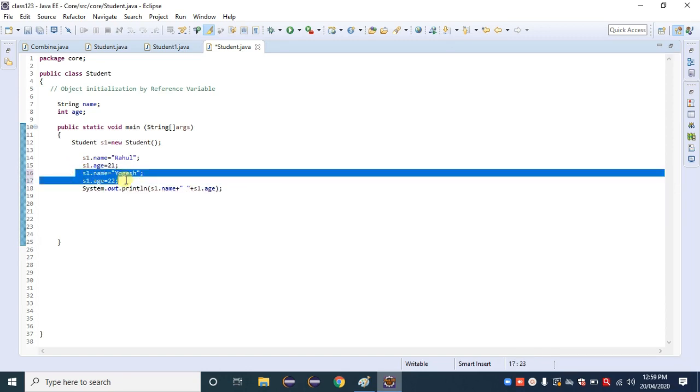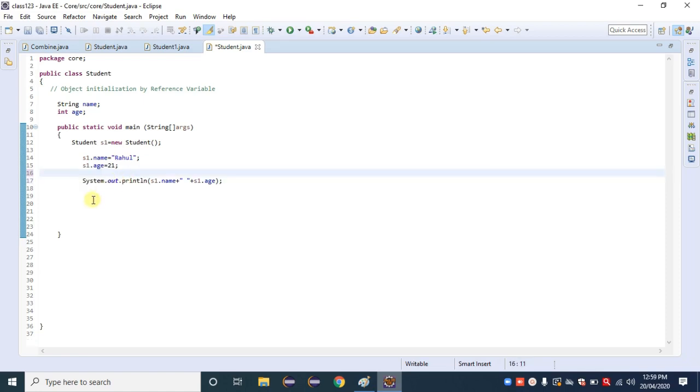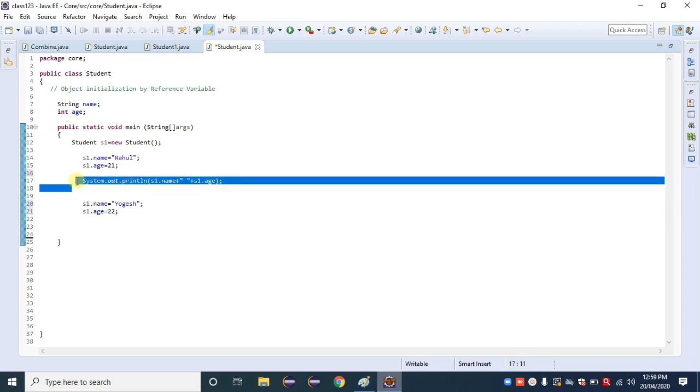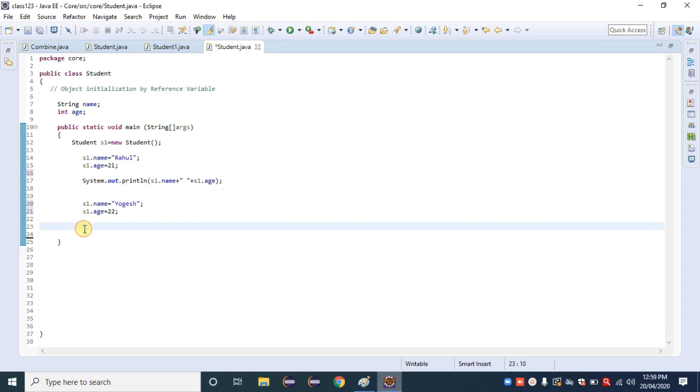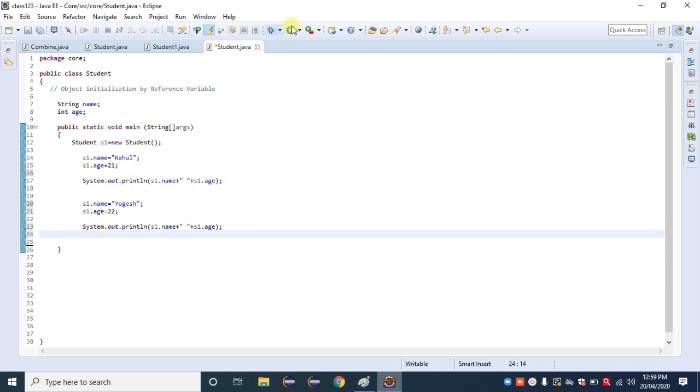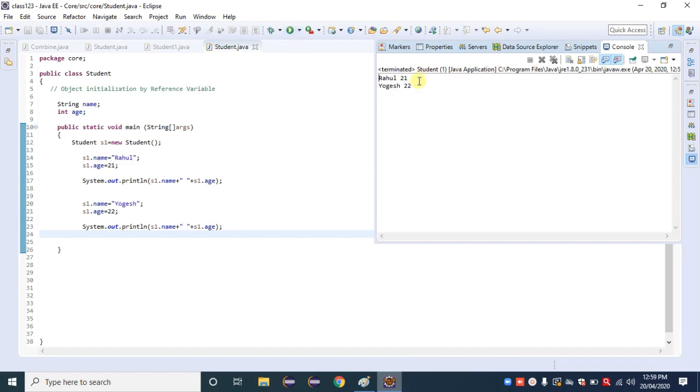Just taking Control X. After that we need the printing statement again, Control C and Control V. Just click on the run button. We get output as Rahul 21, Yogesh 22.